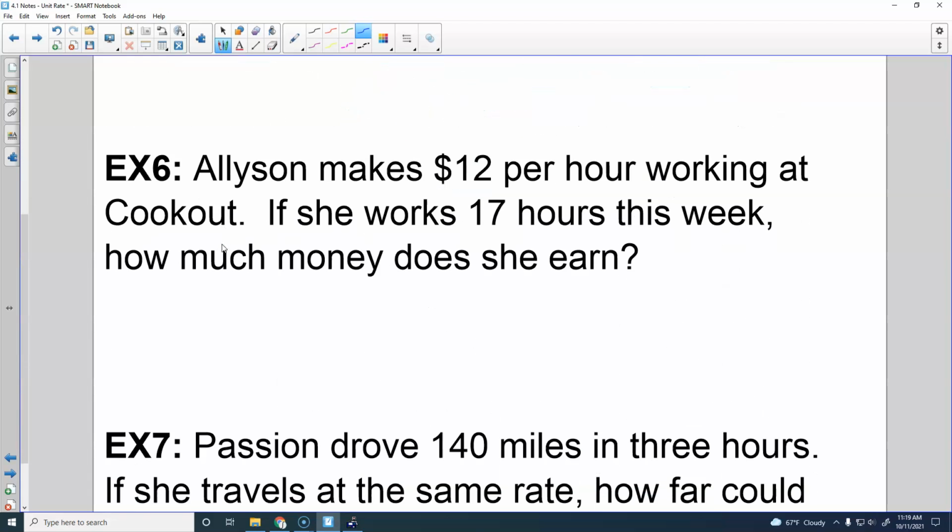Okay. All right. Example 6. Allison makes $12 per hour working at the cookout. They got a sign saying they're hiring for $12 per hour on their window there. So if she works 17 hours this week, how much money does she earn? What we got to do here, Easton? Multiply $12 per hour times 17 hours. 204. So Allison would make $204